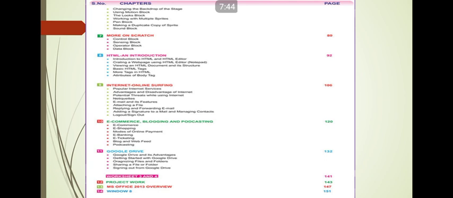E-ticketing, nowadays nobody wants to go and stand there in a line for a reservation. So most of you try to do the reservation with the help of internet. That part is known as e-ticketing, and many more topics will be covered under this chapter. And then the last is Google Drive. Google Drive is an important part of today's life. Reason? Because everything is going online.